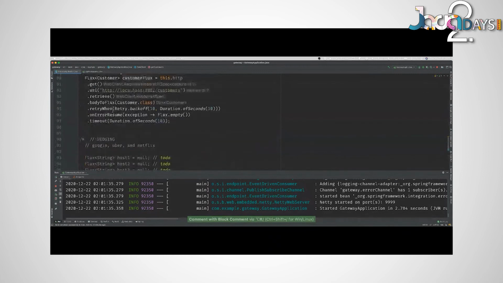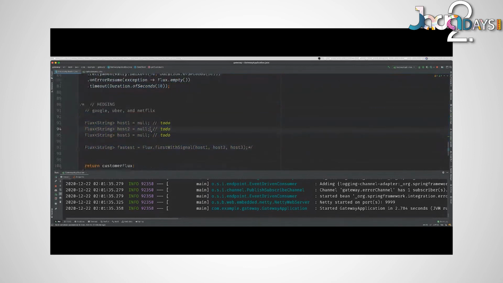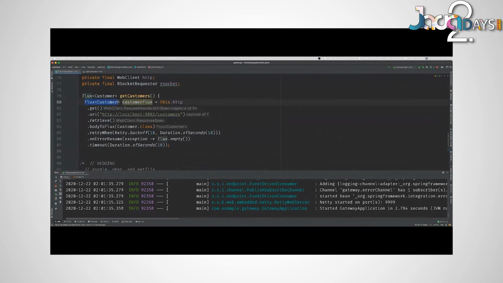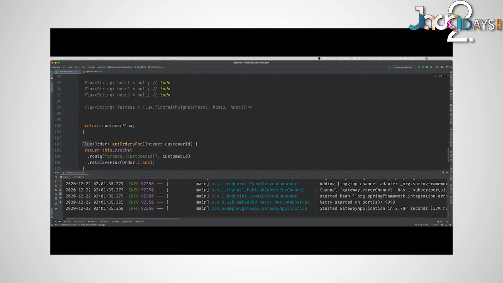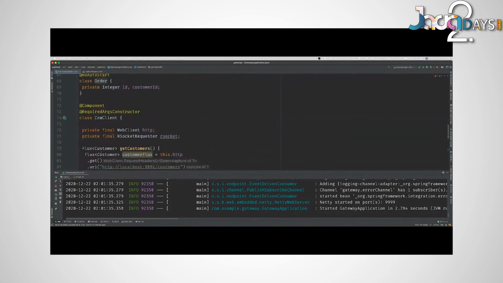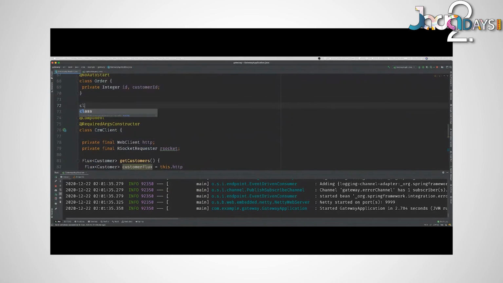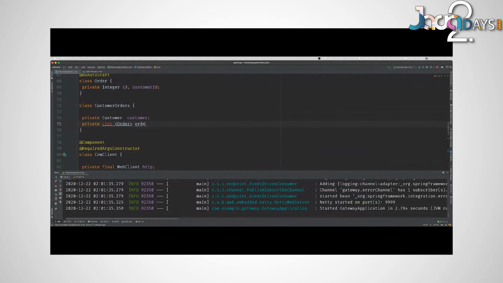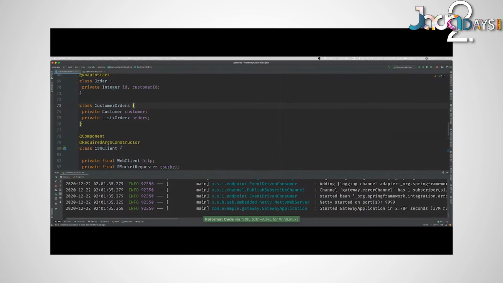So we've looked now at how you can make your APIs more robust. We looked at different patterns that you can use to support that. I've got my RSocket code and my HTTP code, and you can see they're both just publishers. It's a publisher of customer and a publisher of orders. And so now let's say I want to compose both of these. Okay, so class CustomerOrders, private Customer, private List of Orders. So I've just got an aggregate type, a view on data.